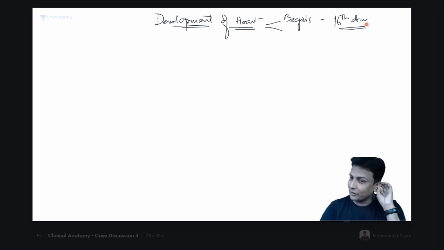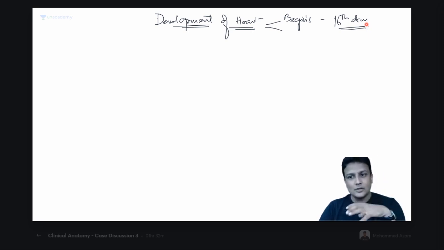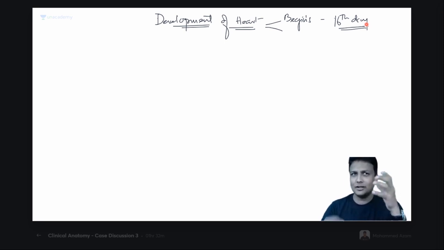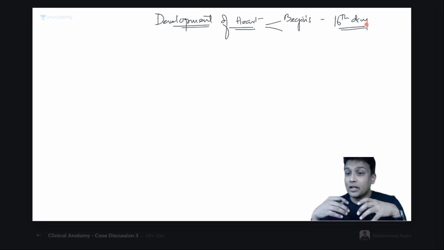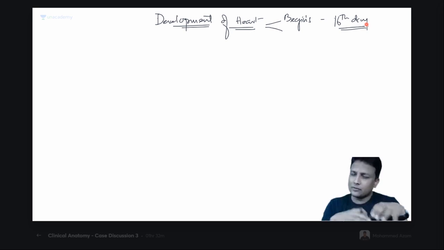If the formation of the heart starts only by the third month, it would be a mess. Actually, the cardiovascular system is the first to become functional, and it makes sense. That is the reason why I'm telling you, don't try to mug up the things right now, guys. Try to understand. Our heart should first of all become functional.